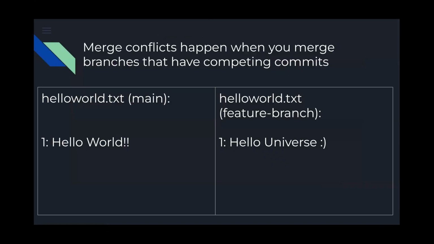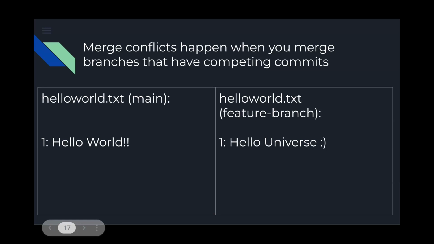Merge conflicts, again, we just touched on it there for a second. This happens when you edit the same files or the same lines in two different places. So if I made a change in my main or my master file, and let's just say it was a text file, so we're all on the same page, the first line said hello world, 2 exclamation points.